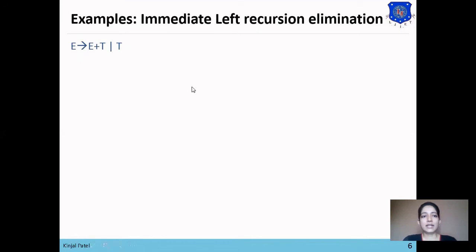and plus T is our alpha and T is our beta. So the rule says that E produces, then select the alternative which has no left recursion in it. So select the beta, and our beta is T. So we have selected T. Then generate the new non-terminal symbol, so we have generated E dash. Then in the next level, E dash produces.